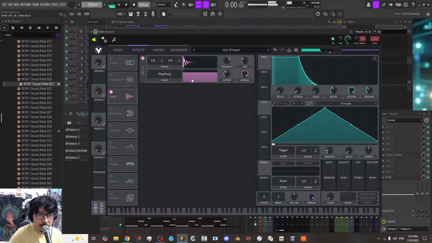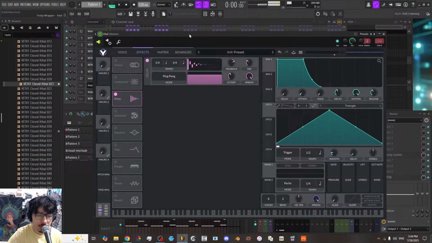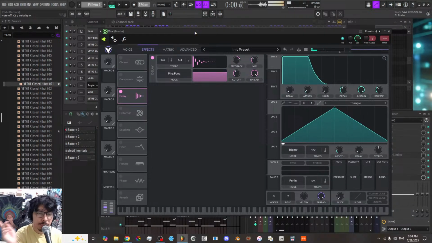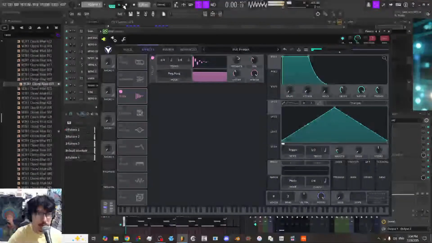Ping pong. That's the ping pong delay I'm looking for right there. Well, it's not the frequency that I'm trying to do. I'm trying to get the ping pong to go from one side to the other. In Serum, it does it on both sides simultaneously, which is weird. I'm not sure how to change or edit that. Because here I click the note and then it bounces left and right. That's kind of what I want.